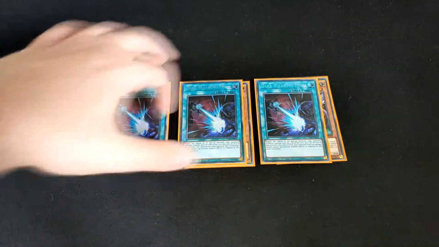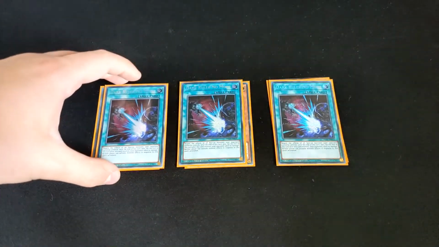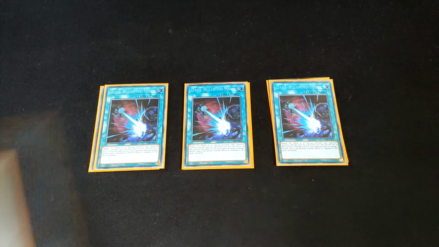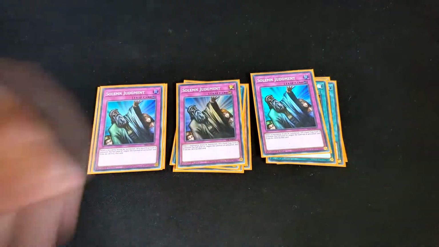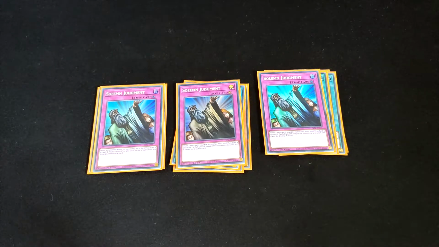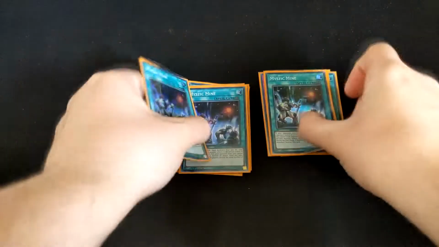Then I play 3 Dark Ruler No Mores to shut off those annoying big monster boards. And the 3 Cosmic Cyclones for back row heavy decks. Also playing 3 Judgments, just in case I know I'm going first. And finally, the worst card in the game,